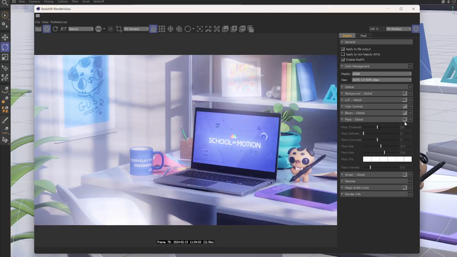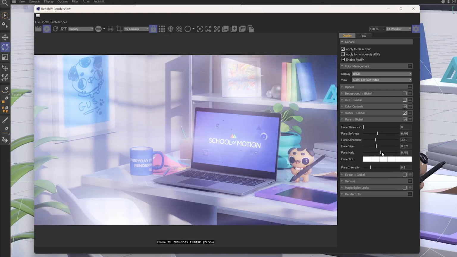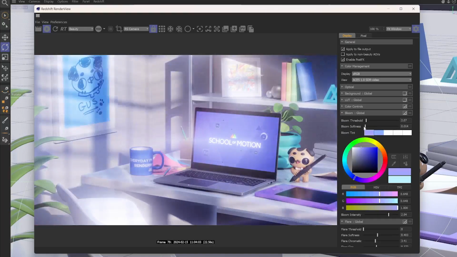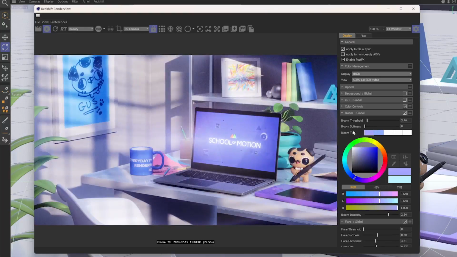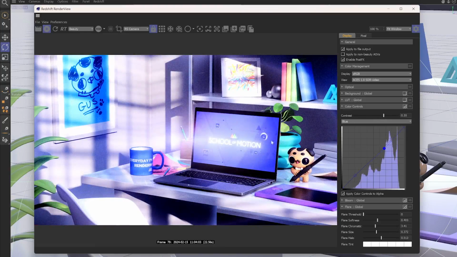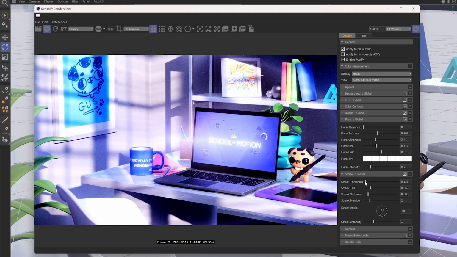Let's turn on flare because this is basically your lens flare. So if I bring the threshold down, you can see that little glint. This is if you want to really do your best J.J. Abrams impression where you really got your lens flare. Let's get our streaks. Let's go streaking. Let's add this in and let's see. You can kind of see, I want to make sure that you can see the lens flare there. Let's really up the bloom intensity and maybe adjust the contrast so we can really crank some of it, there we go. Now you'll see some of the blooms and all that stuff. So there's the flare, the streaks,